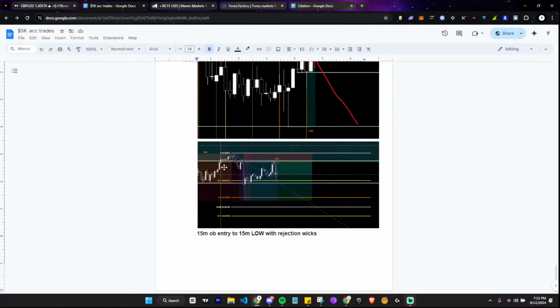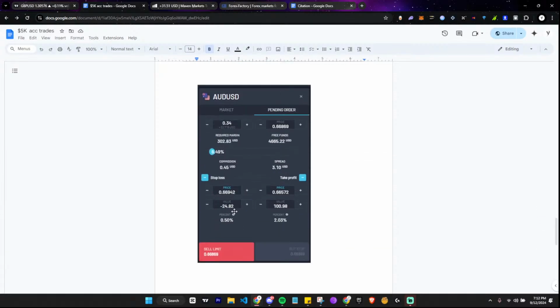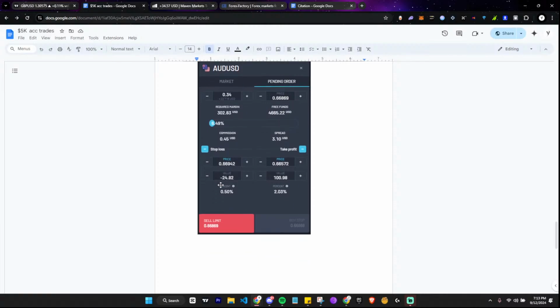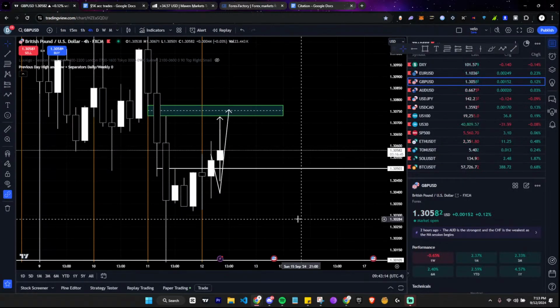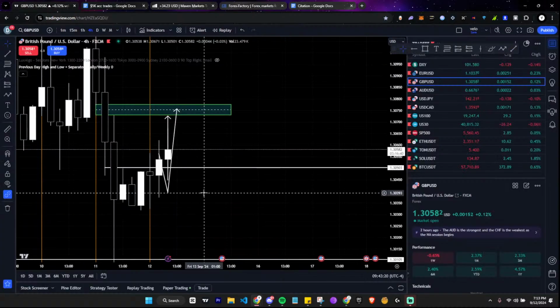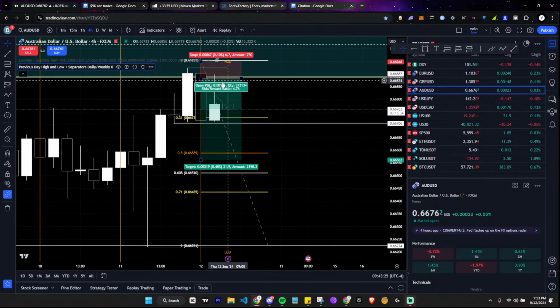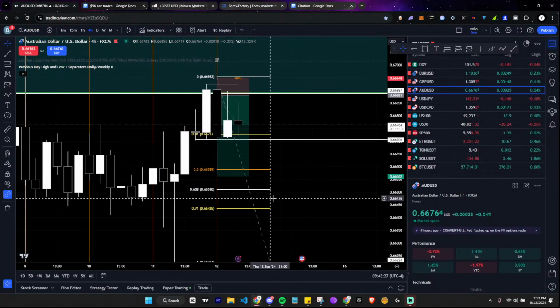Anyways, let me go back and explain why I took the second trade. So basically right here, I risk about 25 bucks, plus 3 for the spread, about 3.5 with the commission and the spread. So about 25 bucks and 20 cents, to make $100, $102 basically. And yeah, $101, my bad. So yeah, basically guys, that's a pretty good trade if you ask me. And that's the trade that I'm taking, and I'm very confident in the fact that I will hit TP. So let's see how this plays out.